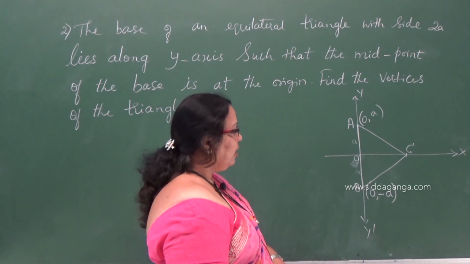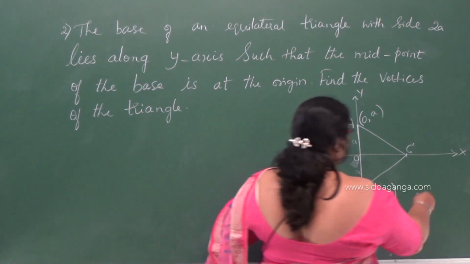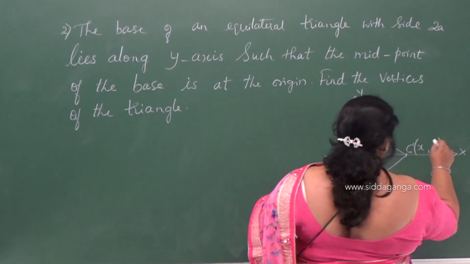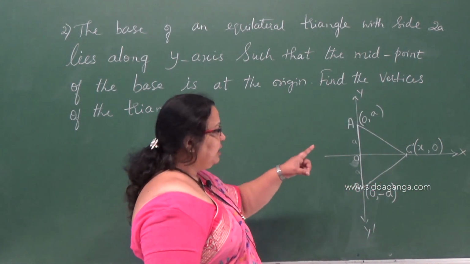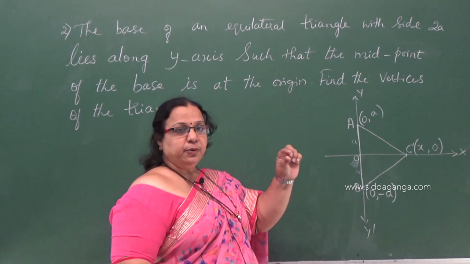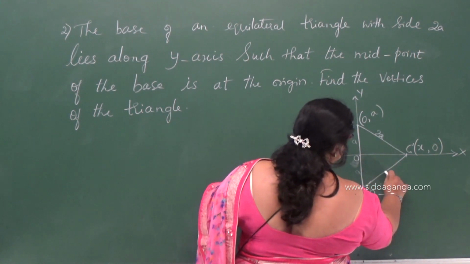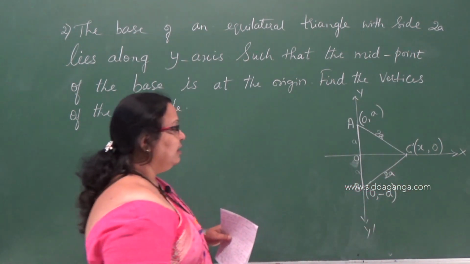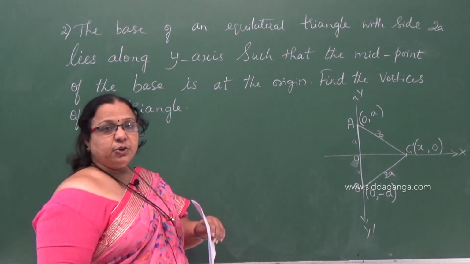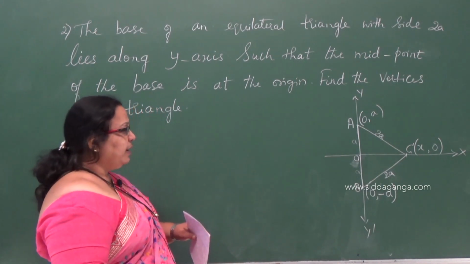So on the x-axis we have the y coordinate as 0. So the y coordinate is 0, you take this as x. Now the distance between those two points A and C is nothing but 2a because it is an equilateral triangle. Since it is an equilateral triangle, the CA distance or BC distance is 2a. So therefore, using the distance formula here,